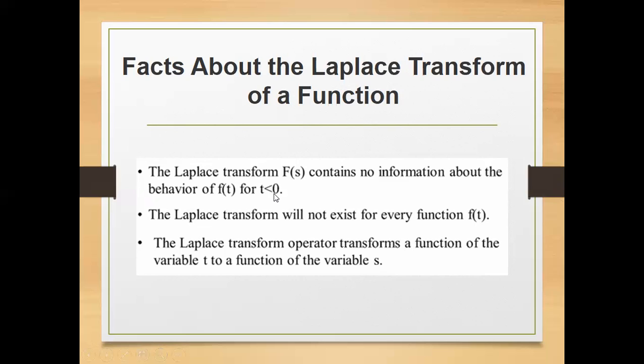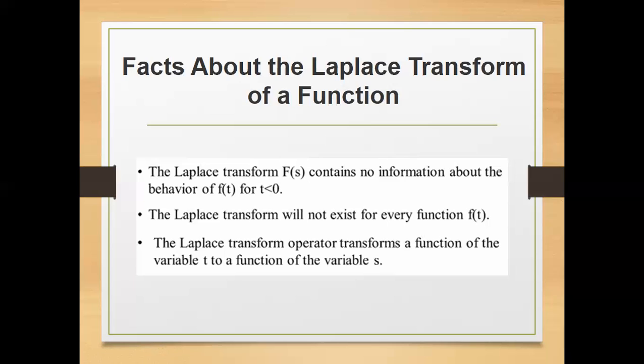So there's no such thing as a Laplace transform of a function wherein the t variable or the x variable has a value which is negative. Then this is very important, class. The Laplace transform will not exist for every function of t. What does this imply? That not all functions of t or functions of x will have a corresponding function of s. Not all functions that you can think of will have a corresponding Laplace transformation. So it has a limitation.